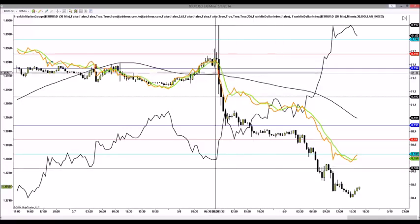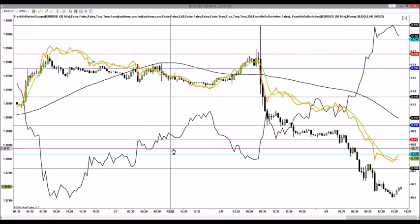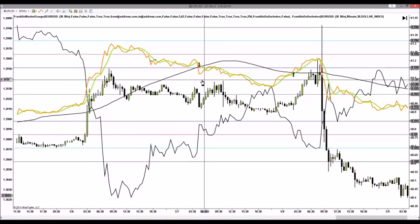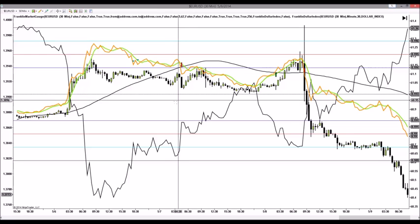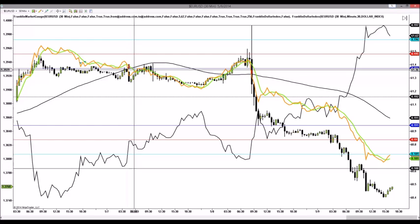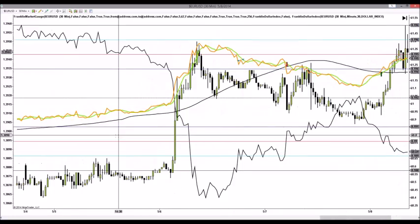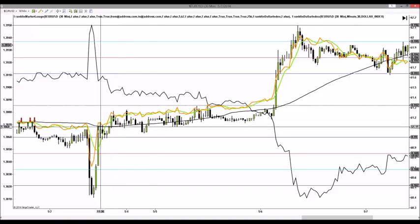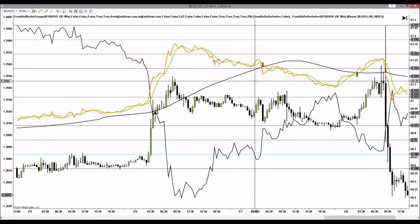So currently the Franklin market gauge still does have a valid sell signal, and looking back, we can see that the Franklin market gauge has been pretty accurate in naming the key reversals with the euro dollar against the Franklin dollar index. So there were a couple of short trades between the two instruments, and the last long signal that we received was at the beginning of May, and this trade ended up going for a substantial amount of pips before reversing